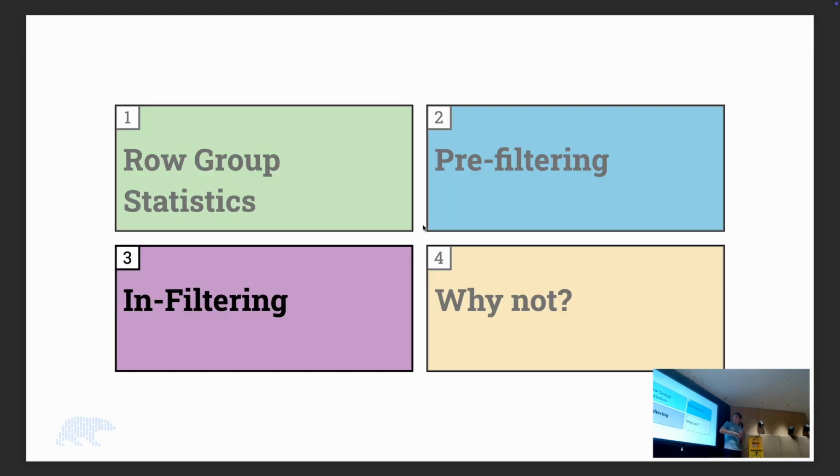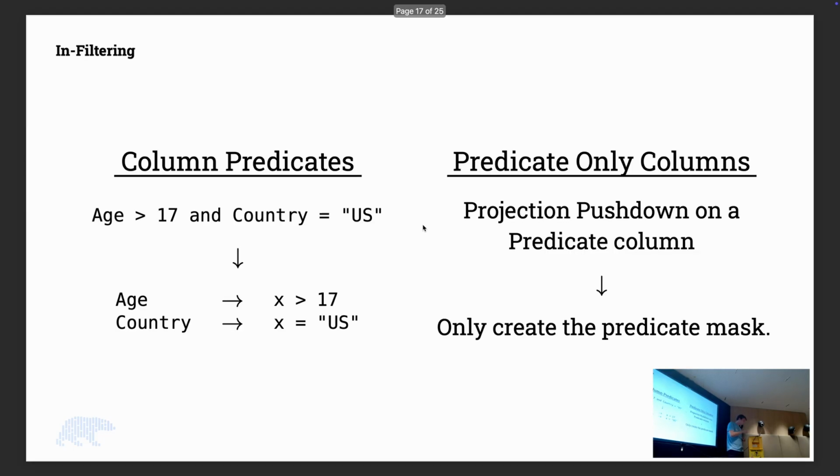So let's step one more step deeper. If you looked at the previous thing, there's actually one more problem here, right? We're still scanning the entirety of this H column, then deciding where our predicate is true, and then we do the nice thing for the other columns. But if you have something that is very selective, you don't need to load everything from the H column. Like you just want a tiny part of your H column. So what we want to do is we want to